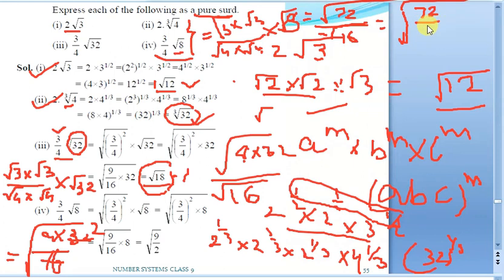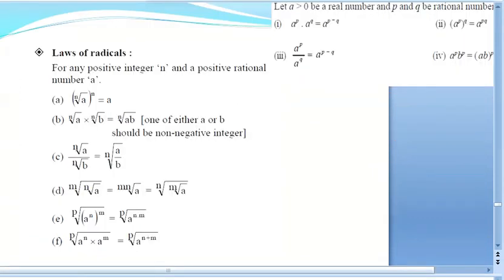So just try to simplify the things. You will get 8 2s are 16 and 8 9s are 72. It will be square root of 9 by 2. What you will get? It is going to be a pure surd now. So this is how we convert a mixed surd into the form of a pure surd. That is how we convert one form to the other.